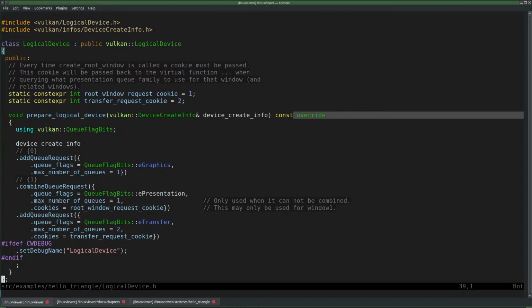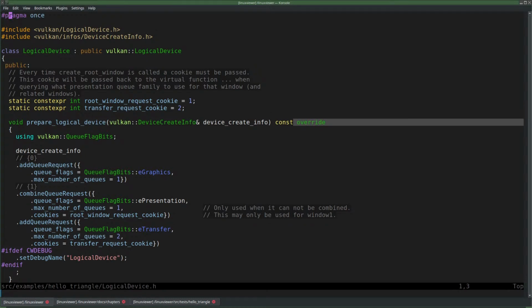Maybe it should make a difference between compiling the Linux viewer itself, the Vulkan engine itself, and using it. So I could add a special define, so I know that I'm compiling the Vulkan engine, and then when that is not defined, include this at the bottom of that, so that I only have to include this, and I'll get that for free.